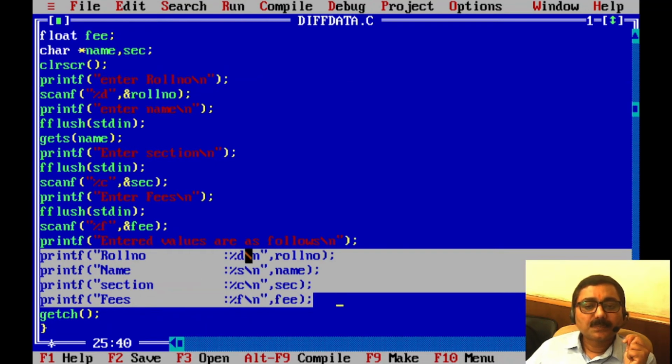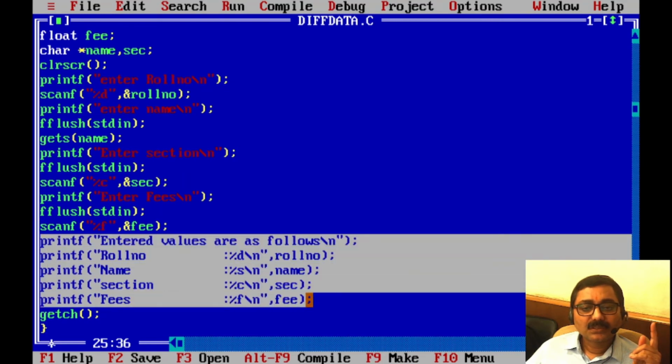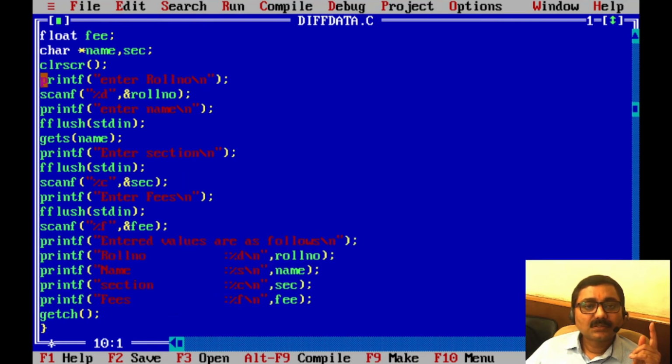Roll number is integer type, so we have taken %d. Name is string type, meaning the complete name, so we have taken %s. Section is character type, so we have taken %c. Fees is of float type, so we have taken %f for printing float data. So this was the printing section. This was the reading section.